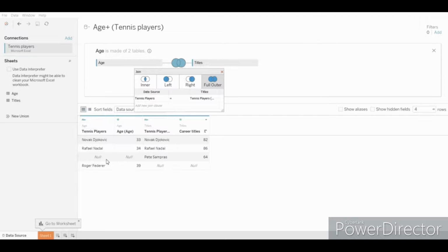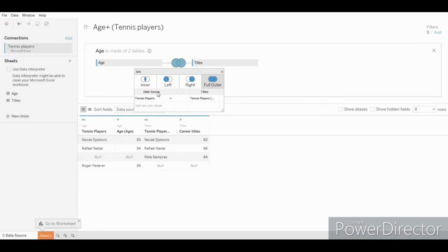You can see the values which are not there in the age table are represented as null, and the values which are not there in the titles table are also represented as null because the titles table doesn't have any information about Roger Federer and the age table doesn't have any information about Pete Sampras.